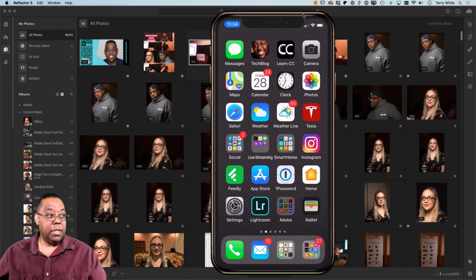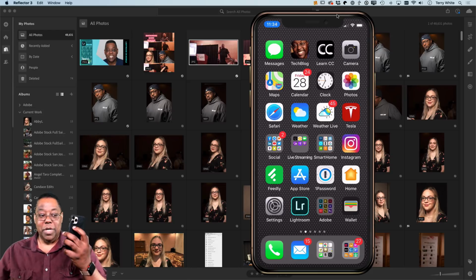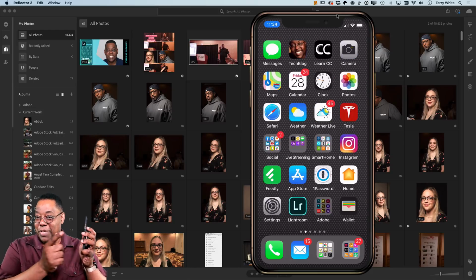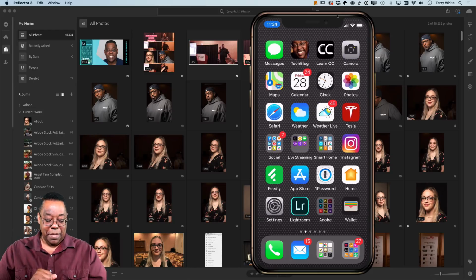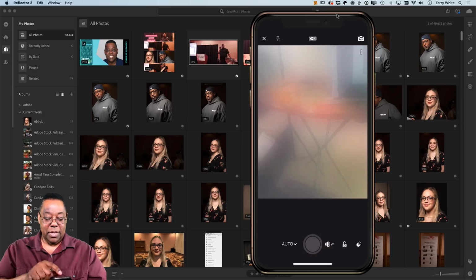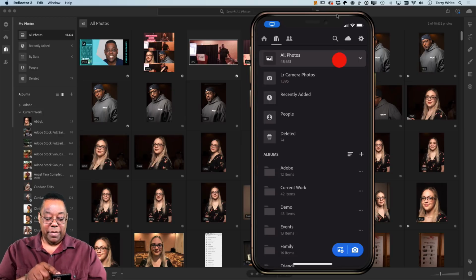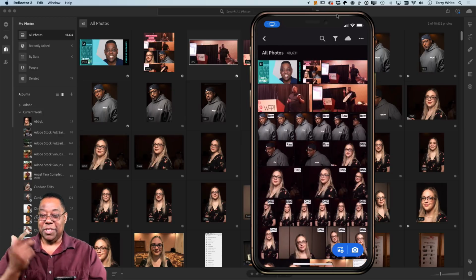All right. So here's my iPhone, the one I'm holding in my hand. So if I swipe, it's swiping. You see it's live. And of course, I've got Lightroom, the icon down at the bottom. I can go ahead and launch it and get out of the camera. If I go to all photos, same edits. So it doesn't matter where I make a change. I'm seeing the same things. But